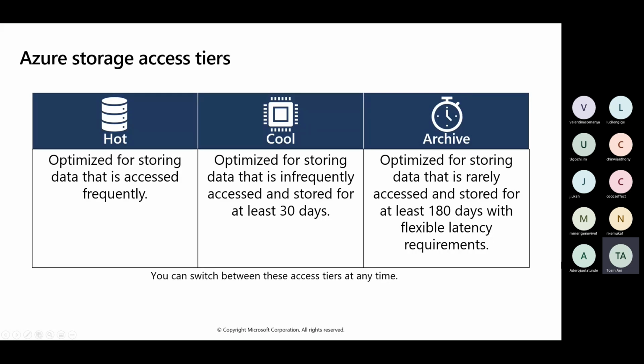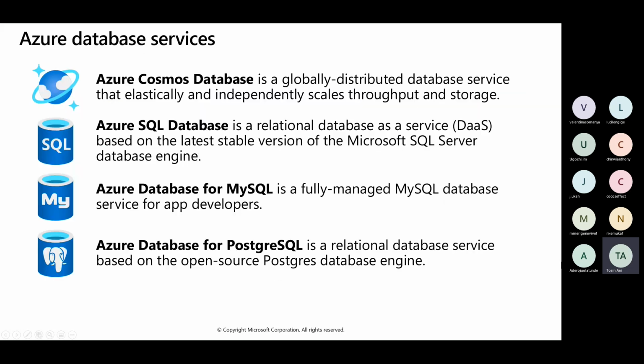Okay, so next we have the Azure Database Services. Just like we've learned about storage, we equally have database services, and we have the different types. We have Azure Cosmos DB, we have SQL Database, we have Azure Database for MySQL, and we have Azure Database for PostgreSQL. So these are the different